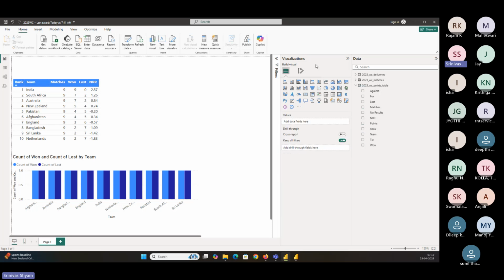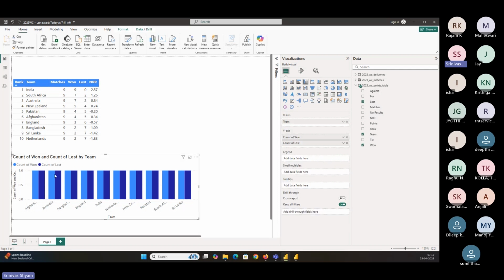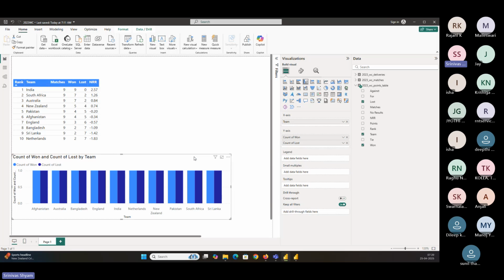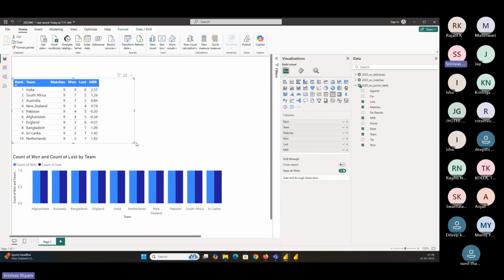Keep it interactive. I want people to interact so that it's very convenient. Tell me, anyone take a guess why it is showing the same for both won and lost? Light blue shade is won, dark blue shade is lost, but across all the teams it is showing equal chart columns. It is not showing any difference. It should have shown 9 and 0 for India, no? It is taking count only, it's not summing up, right? Yes, sir. Correct. You are exactly right. Now, how to flip that? Before I do that,